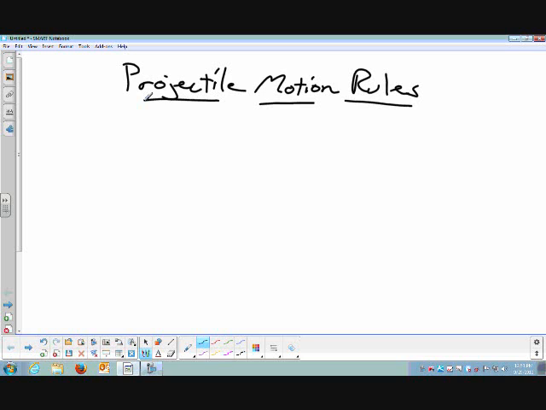If you're not in my class, your teacher might use some other guidelines, so don't necessarily take this for granted. But a lot of times in just plain old high school physics, these are the basis for the projectile motion problems. So regardless of what the problem is, if you're given the initial velocity of the object, and the initial velocity is some speed and an angle,